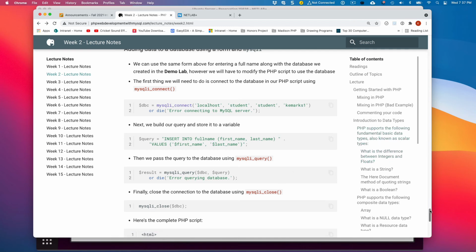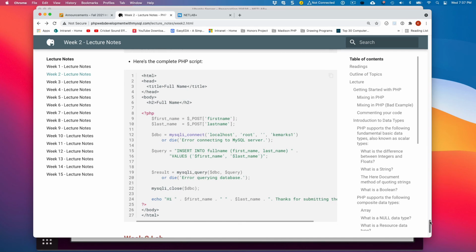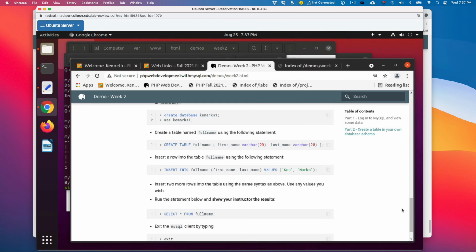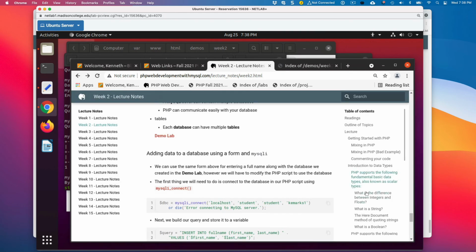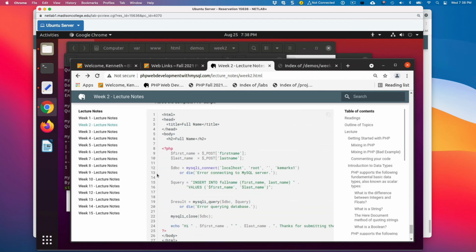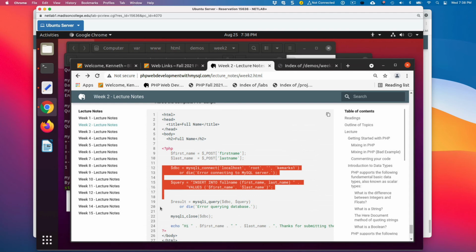So here is what the complete PHP script looks like right here, and all we did was add these things right here. So let's go back to my VM here, and I'm going to grab these three lines.